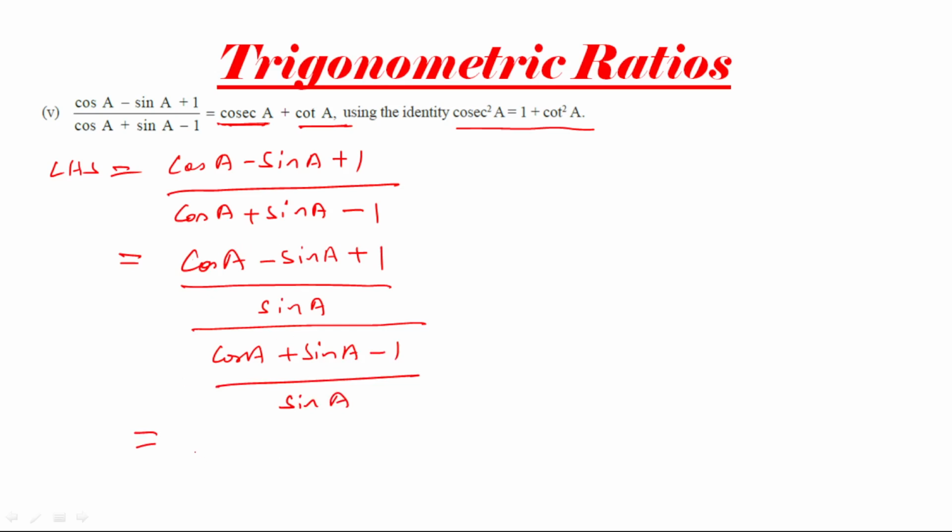So cos A by sin A is cot A minus sin A by sin A is 1 plus 1 by sin A is cosecant A